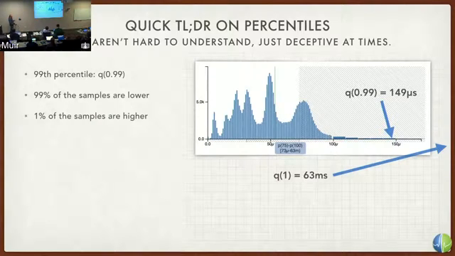So a quick rundown of percentiles. Everybody's seen a histogram before, I'm sure. This is actually a latency histogram of one of our nodes in our database. So the 99th percentile is 149 microseconds, right? What that doesn't tell you is what the worst one is. Given a histogram, you actually know that,